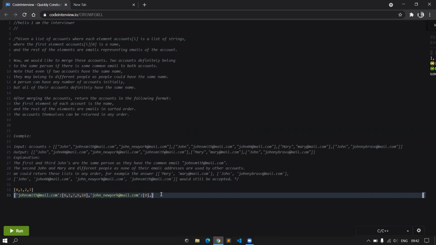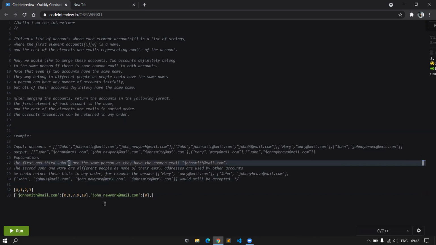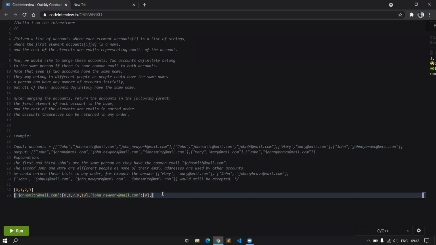All right. So now, how do we decide which ones to merge? That comes from the size of the value itself. So here we can see 0, 1, 7, 9, 10 all are the same person. So all these indices will correspond to the single person. And now, if you see the given answer list, let's think of a specific case.